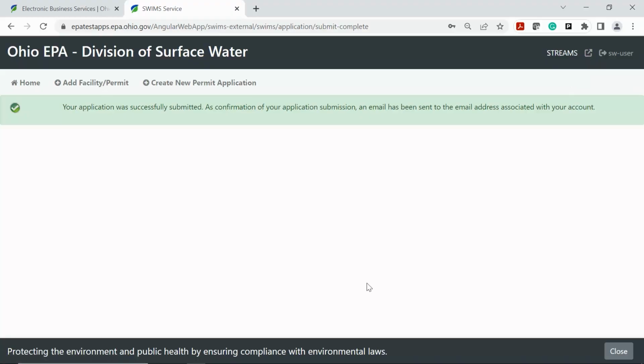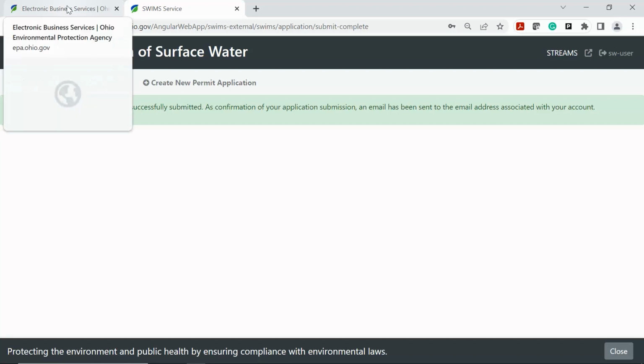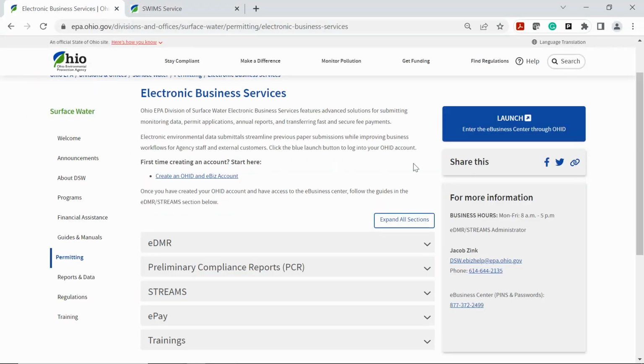Again, the permit reviewer will continue to look at it. If everything's good, you won't get any emails from him except when the renewal has been officially issued. If you have any questions or concerns or want to reach out to me, feel free to visit this website right here, and you'll see my contact information on the right-hand side with my phone number and the best email address to reach me at.